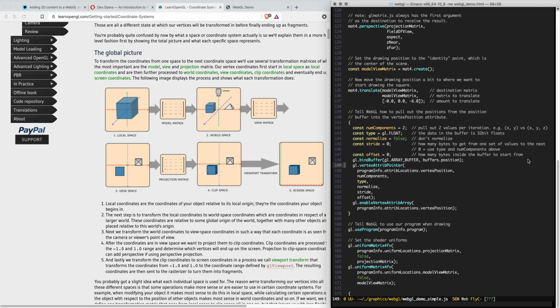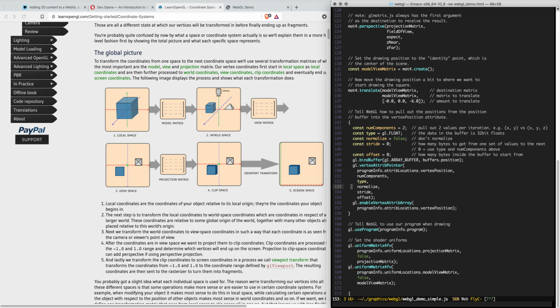So we take vertex attribute pointer, we put all these things together. Sorry about the baby noise in the background. We believe that he is currently teething. He seems to be ornery the last couple of days. Anyway,